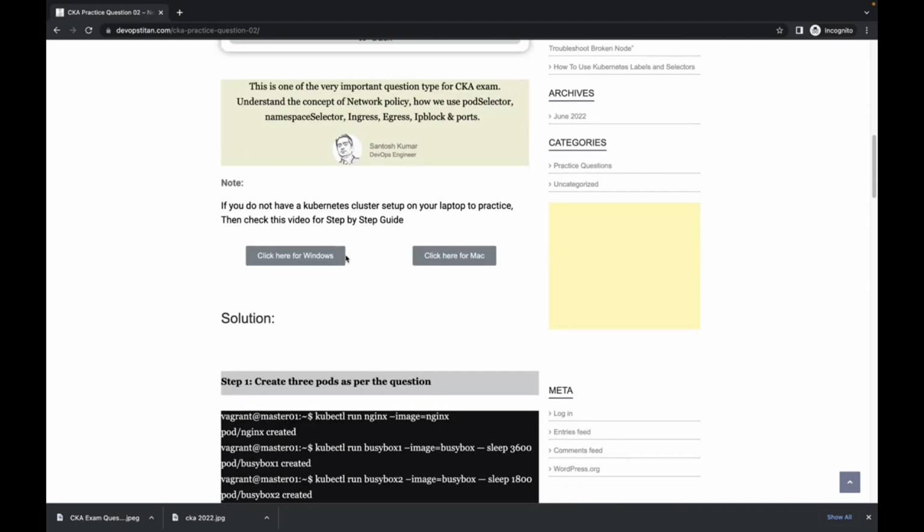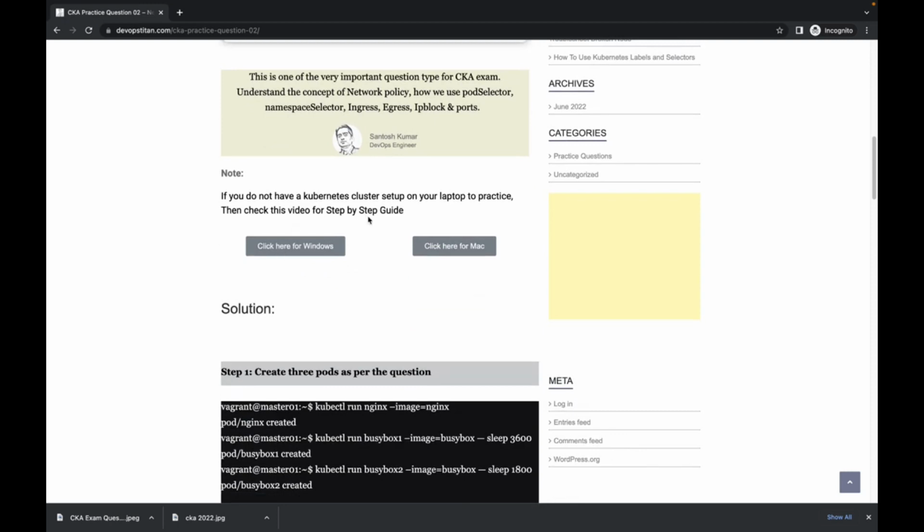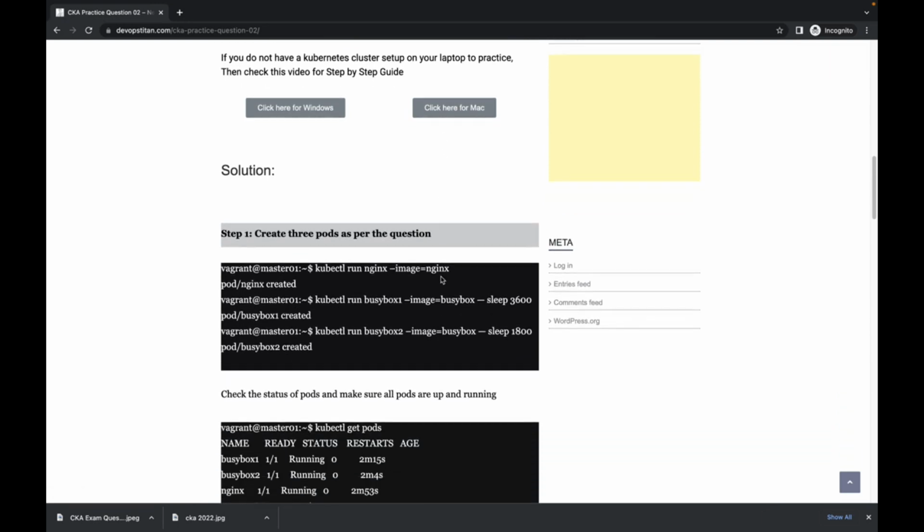So okay, if you have not set up a cluster to practice for this lab, then here is the link for Windows users, and if you are on Mac, click on this link. You will get a YouTube video where I have shown step by step how you can create a cluster to practice. So I assume that you have a cluster, and if you have a cluster, then the first step is